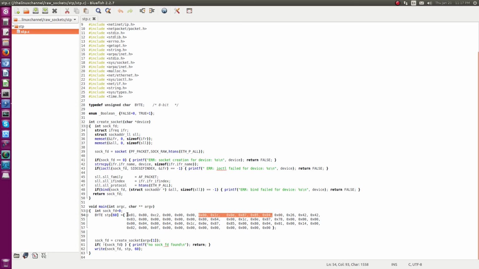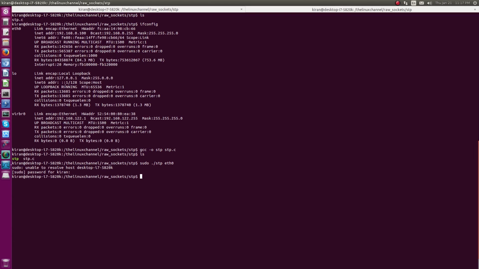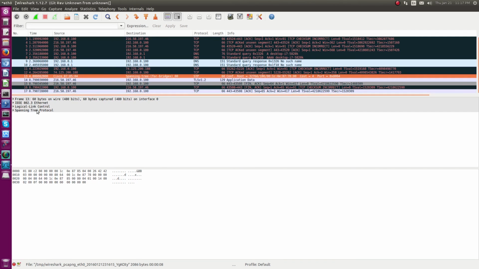because the first 6 bytes are your destination MAC address, which it is not supposed to be changed because it is an Ethernet multicast address. It is not any MAC address of a real physical device or hardware in your lab as such. Whereas the next 6 bytes is your source MAC address. You can just change it in case if you are interested, to something the MAC address of your port. But in this case, I just left it.